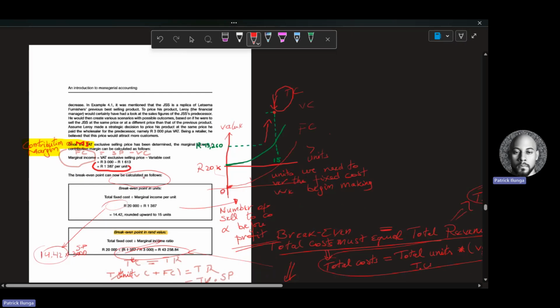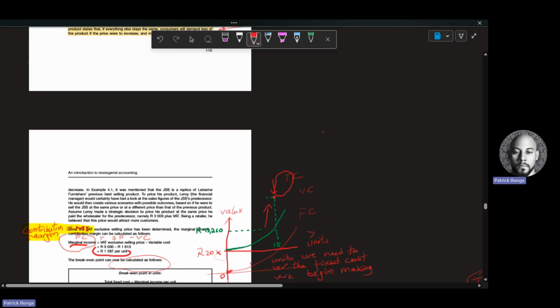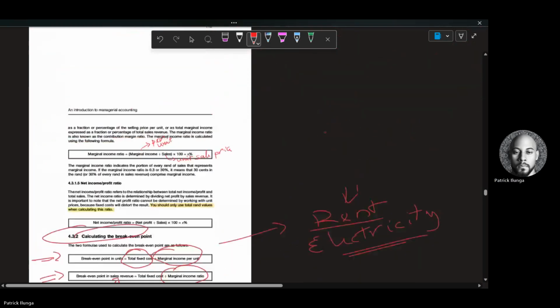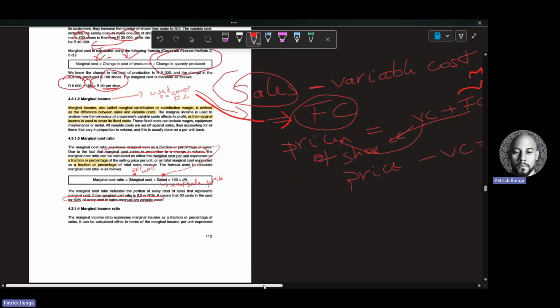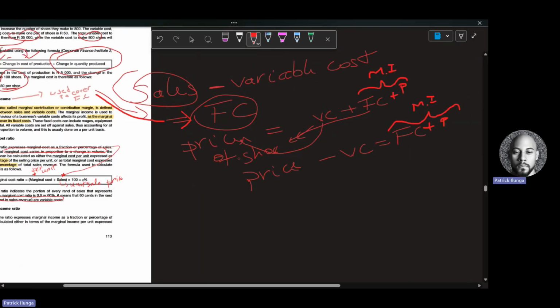The variable cost per unit is going to help us when we are looking for what? We are looking for the marginal income. Because what we're going to do is take the price. Remember again, because we came from here. That's what I was sharing with you here. You take the price. Within the price, you will have the variable cost per unit, right? And the fixed cost per unit, and you will have some profit in it, right? And we say that this was your marginal income, right?